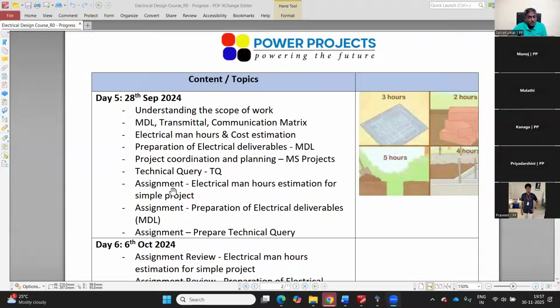So what we need to understand from the project perspective is what is the master document list, which documents and drawings need to be submitted and when, what's the document number, right? How these documents have to be submitted, whom they have to be distributed to, whether it is a soft copy or hard copy, what's the approval process and procedure, how many days it will take, and the communication matrix. And also how to estimate the man hours required for any engineering project, how to estimate the cost,